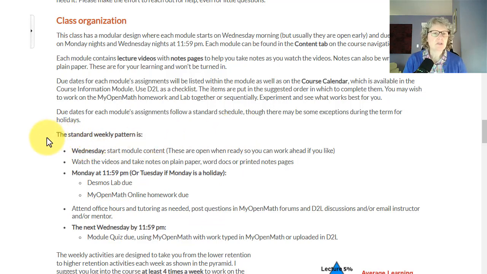We have a standard weekly pattern so that you get in a rhythm, you get in a flow with your life, kind of figure out how to balance everything, and then repeat that every week, right? So our modules will go from Wednesday to Wednesday. So you have the first Monday to Wednesday to do the intro stuff, and the content will go Wednesday to